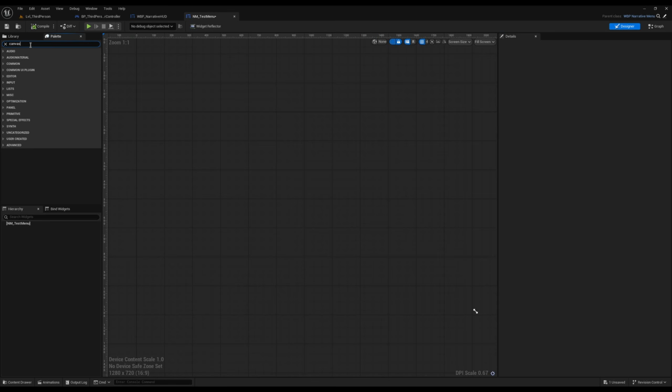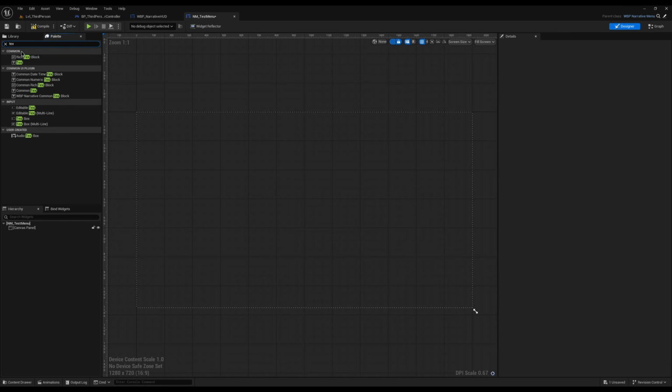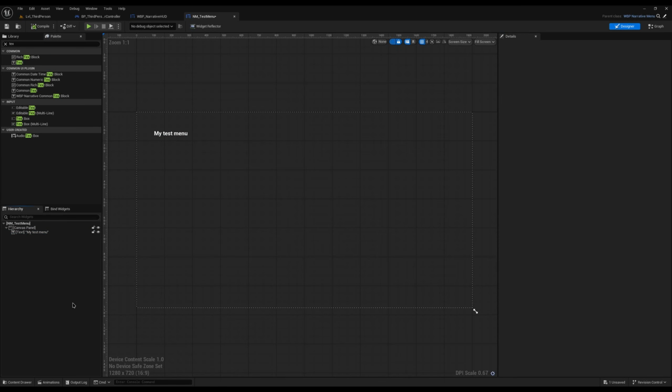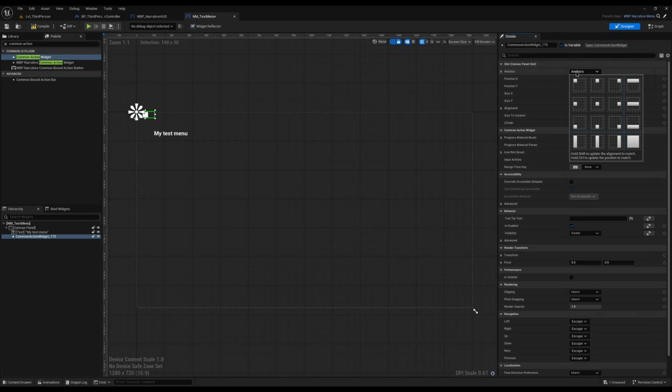So we can come in, we can add a canvas panel to it, just like normal. We can add images, text, and anything else you want. And we can even position it anywhere you want. It's a normal widget in this aspect when we're just doing non-interactable things, like so, my test menu. But now when we want to come to something that's interactable, that's where we can really start to shine. So one of the things I talked about earlier is the Common Action widget here. This Common Action widget, if we just place it in somewhere like so, we can really place it anywhere we want to,